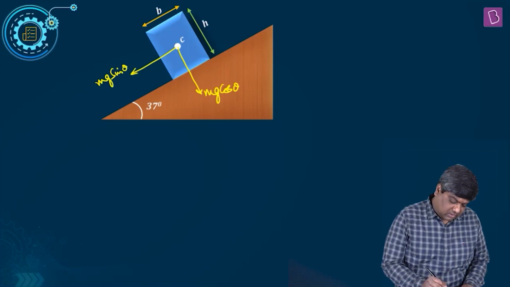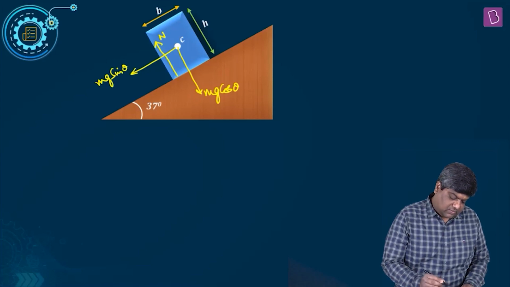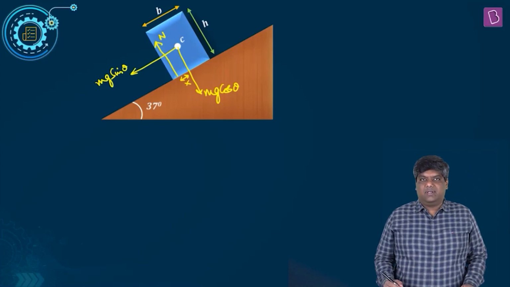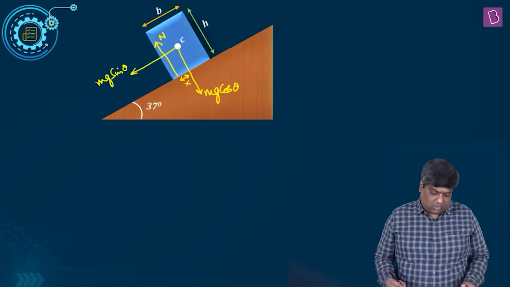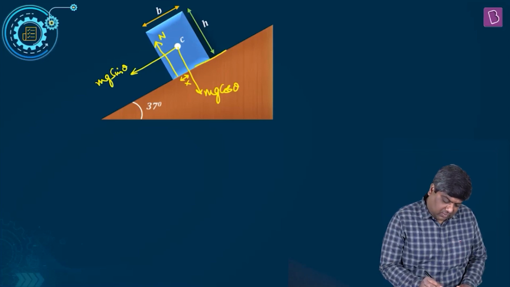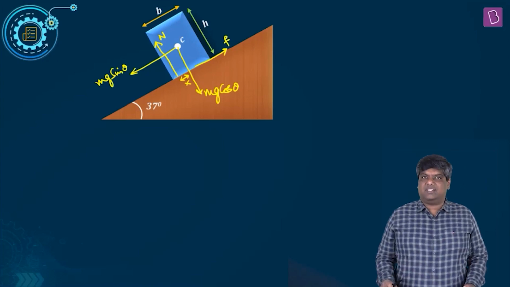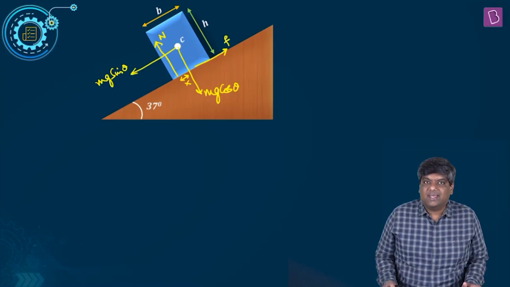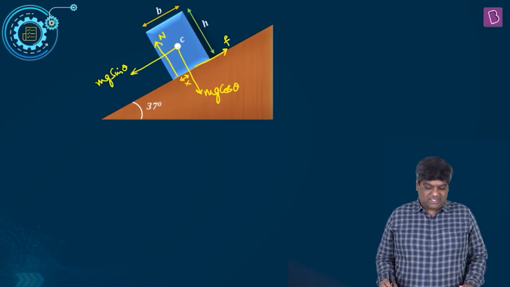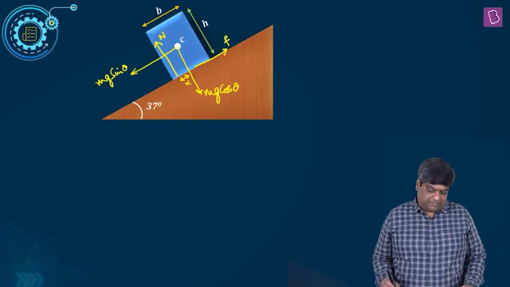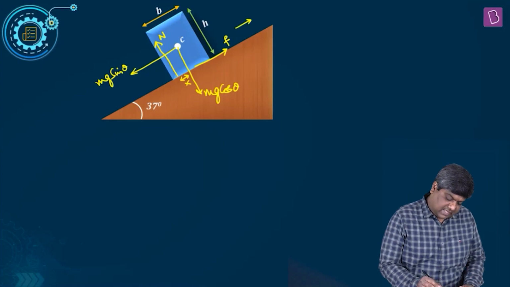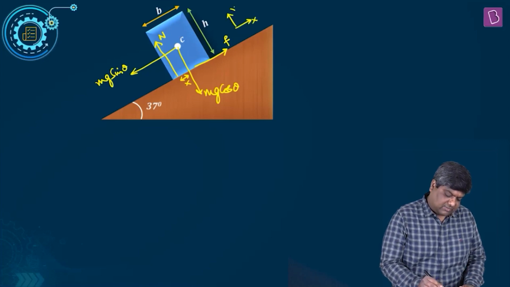Of course, there is this normal reaction which has shifted by an amount x, let us say. Why it has shifted, you will come to know. And what prevents the block from sliding is the frictional force acting up the incline, which is trying to balance mg sine theta. So considering this as x-axis, this as y-axis,